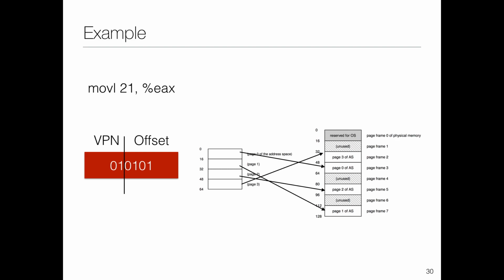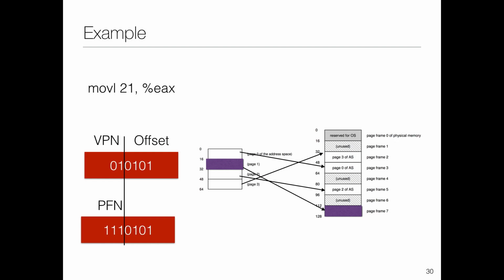7 is what in binary? 111. Page 1 goes to page 7. I'll write them again. So 01 is translated to 111. Do we need to translate the offset? No, right? This again follows similar ideas to what we've been seeing thus far. The offset moves as it is, unless you're using the case of a stack growing backwards. Otherwise, if moving the address space in a single direction, the offset moves as it is. You only need to translate the first 2 bits, finding out which page number in the virtual address corresponds to what page number in the physical address space.